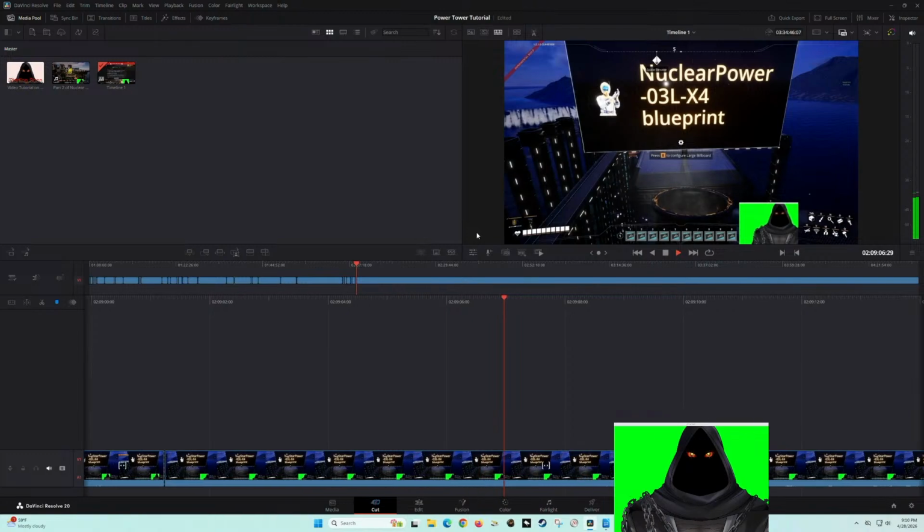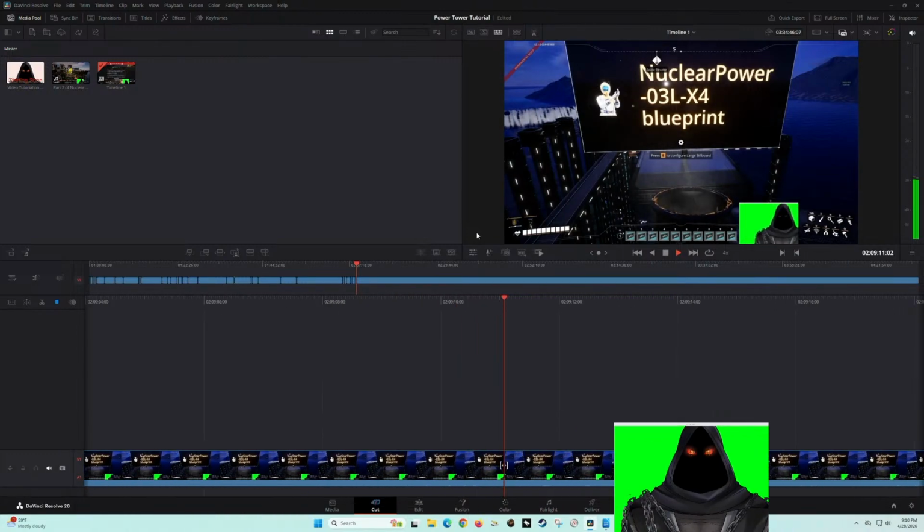Four blueprints for one oil line? Makes it definitely